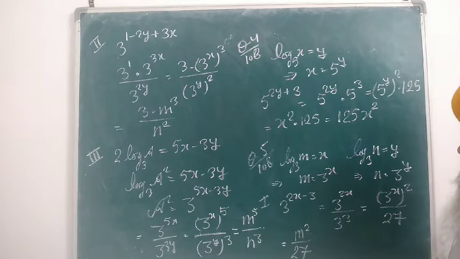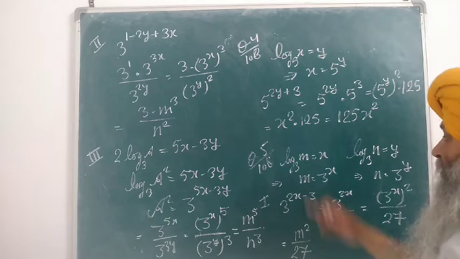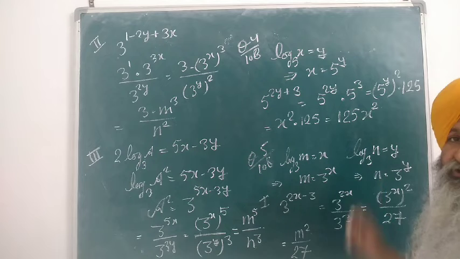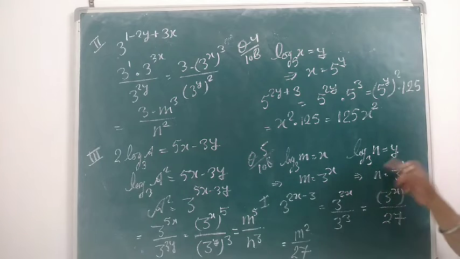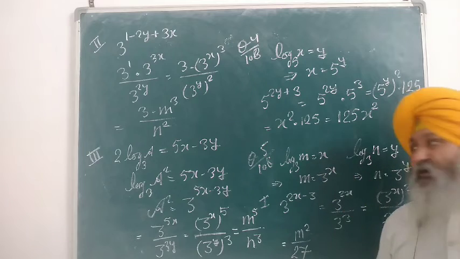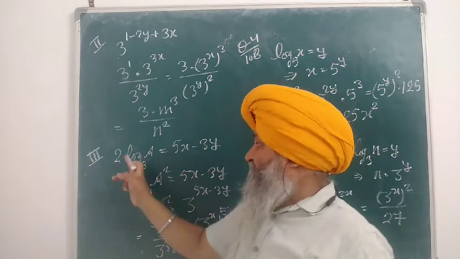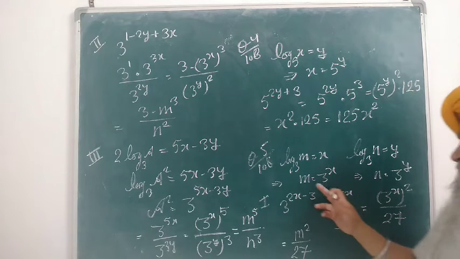Now come to question number 5, page number 108. Log m to the base 3 is equal to x. So 3 shifted here, m is equal to 3 raised to the power x. Log n to the base 3 is equal to y. 3 shifted here, so n is equal to 3 raised to the power y. So these are the two values that I know, and I have to now evaluate 3 parts. This, and this. Now firstly come to this.